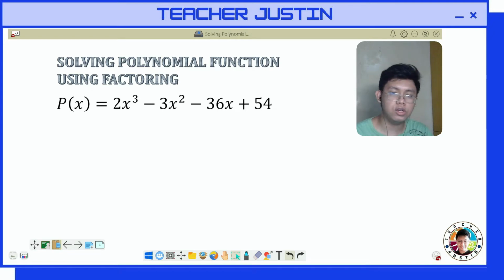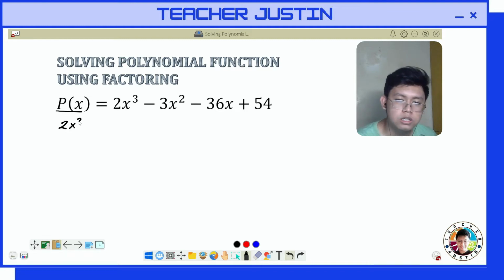Let's solve for the value of x of this polynomial function: p of x is equal to 2x cubed minus 3x squared minus 36x plus 54. In solving polynomial functions using factoring, our first step is to change the function notation to 0, equating the whole polynomial to 0, giving us 2x raised to 3 minus 3x squared minus 36x plus 54